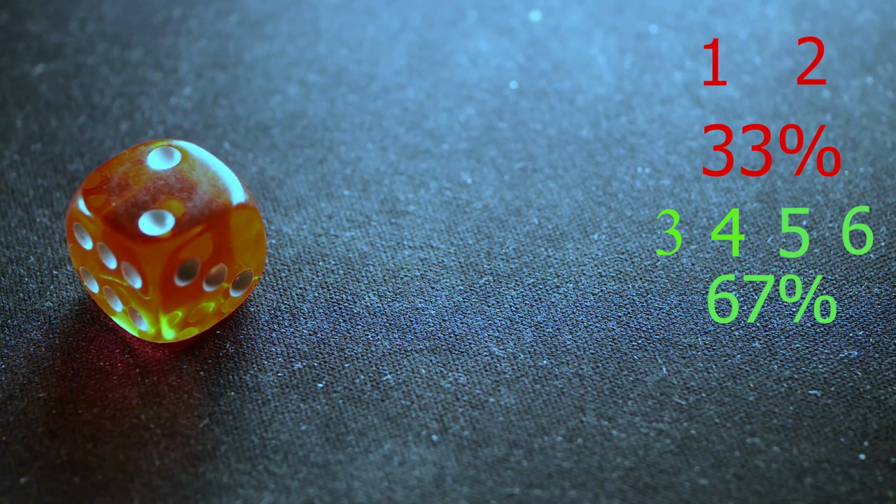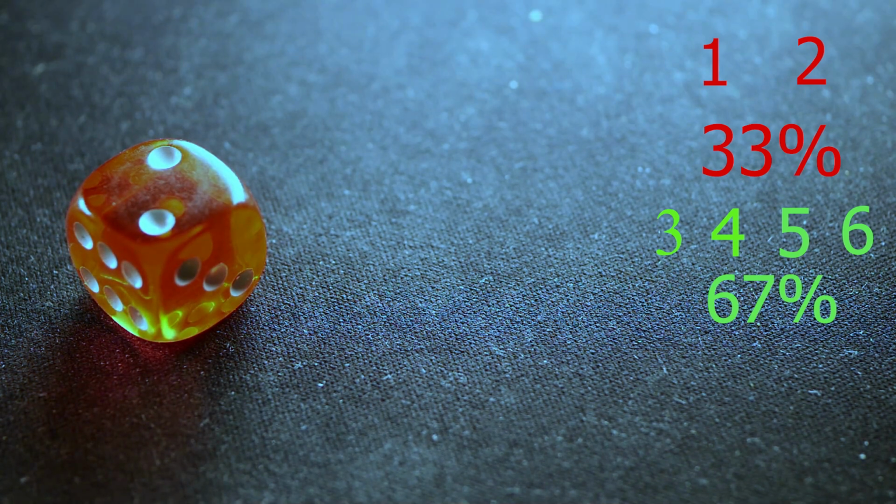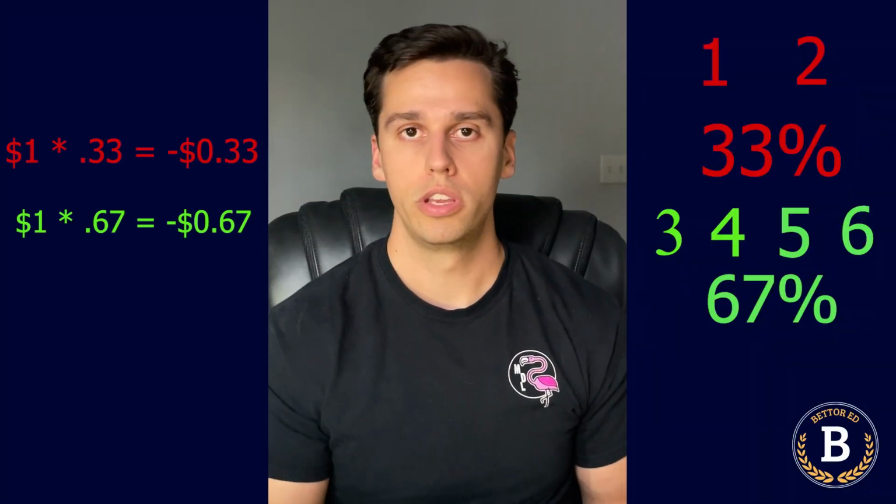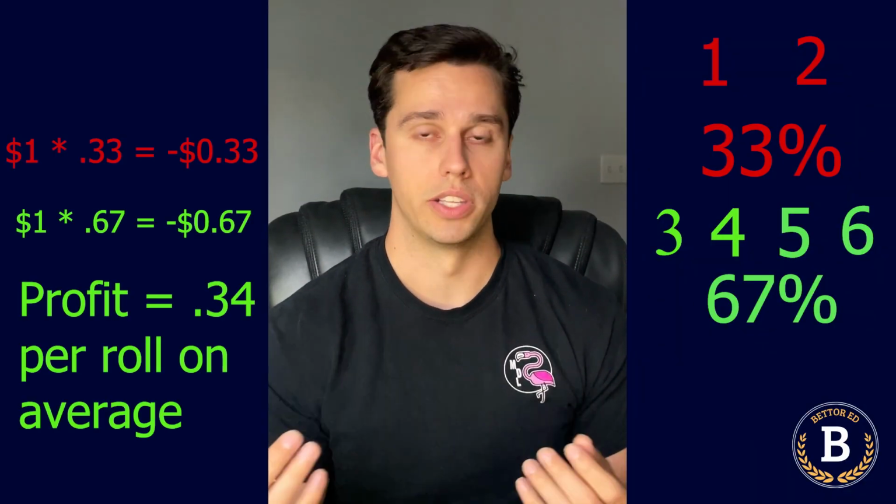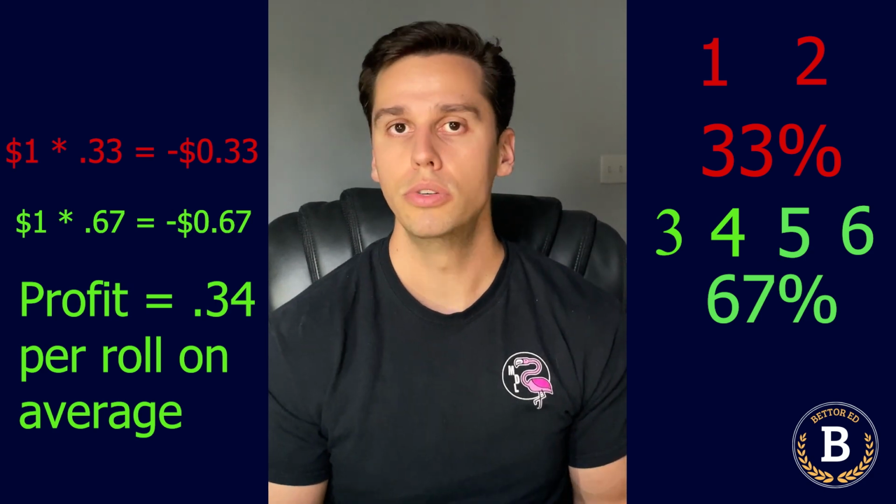Yeah, obviously it is. Sure, sometimes you're going to lose. About 33% of the time, you're going to roll a 1 or a 2, and you're going to lose your money. But because over the long run, you make more than you lose, that's a profitable bet. That's a good bet, even though sometimes it's going to lose. It sounds like an easy concept, but people mess that up in sports betting all the time. That's exactly what the concept of expected value is. What you expect to make in the long run over many, many bets.